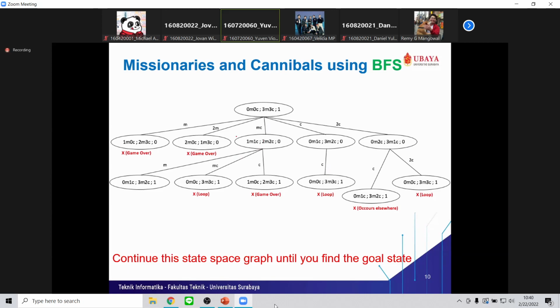In this case, only C. You cannot move anything else, right? There's only 0M and 1C on the left side, so you cannot make 2C, 2M, M, or MC. It's just not possible because there are not enough people on the West Bank. That's why you only need C.